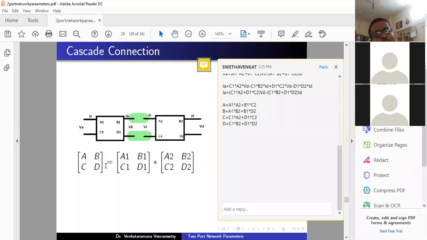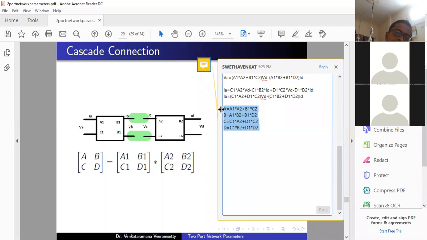Similarly, how do we get D? So D is the second row of the first matrix with the second column. That's equal to C1 B2 plus D1 D2. Understood? I think you understood this derivation. So the final conclusion is